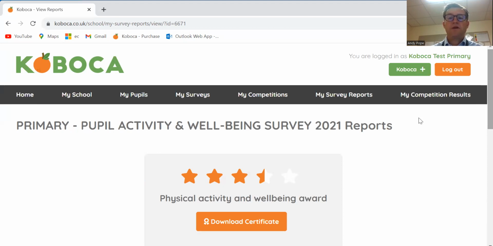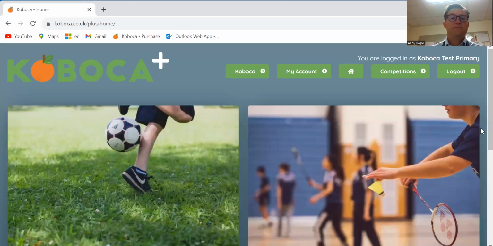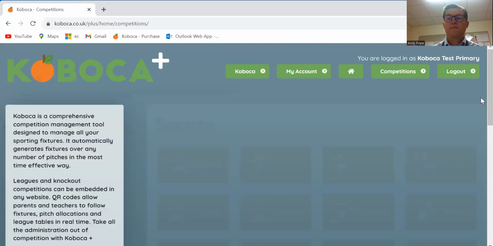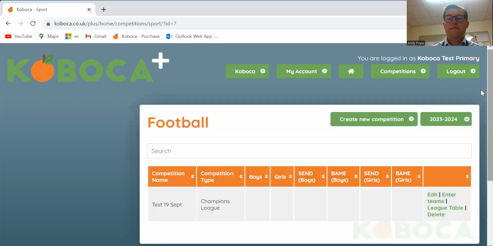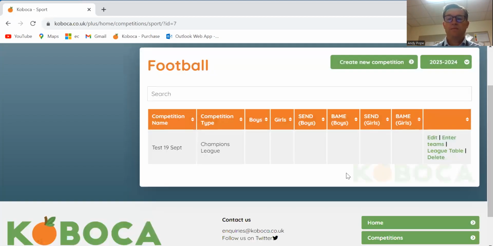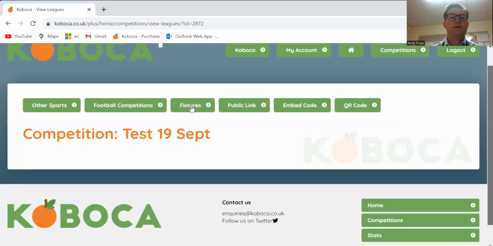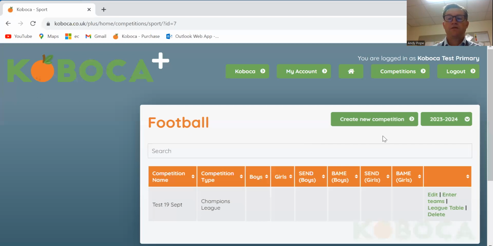Finally, if you're entered into any competitions or events, you click on Koboca Plus, select competitions, and then just select one of the sports. And if you have been entered into a competition, it will appear here. You can see the league tables, fixtures, and there is also a public link that allows you to send out to parents so they can follow the competition as well. You can also create competitions here by clicking Create New Competition,